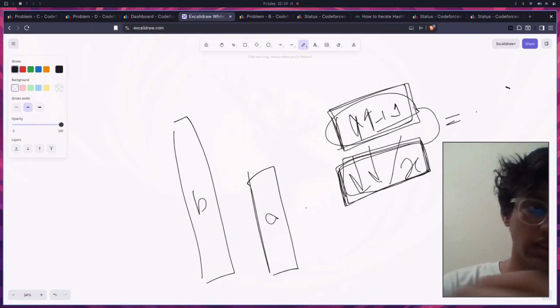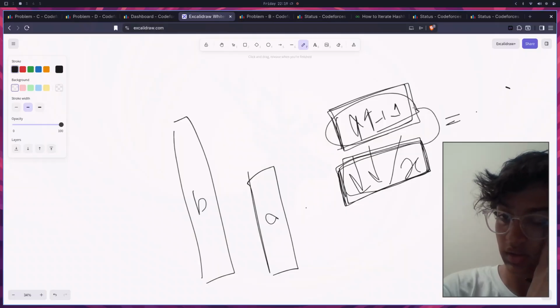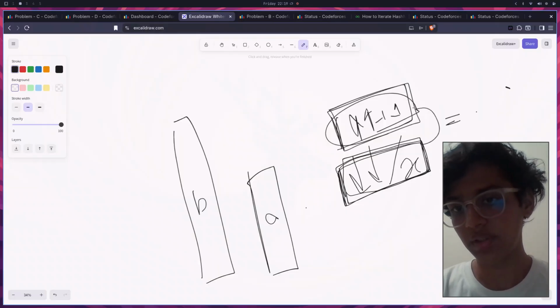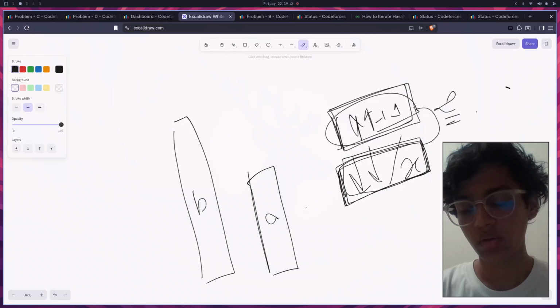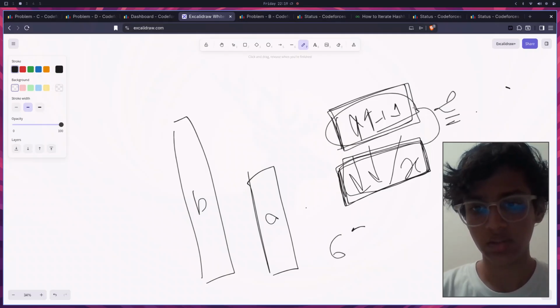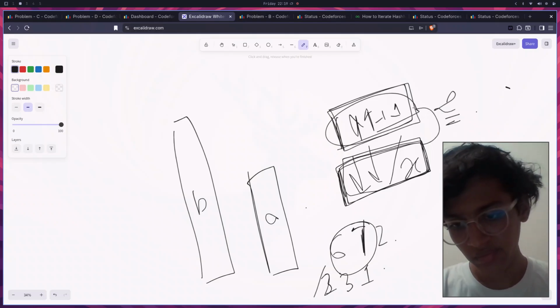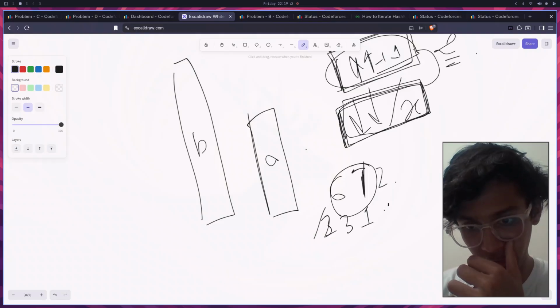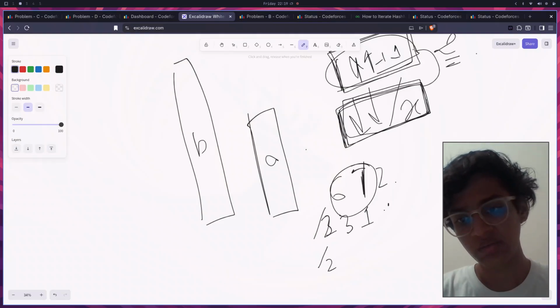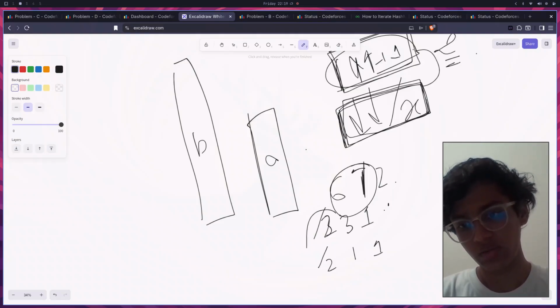So if the difference is, let's say, like in the case of 162, right? So it was divided by 3, so it becomes divided by 2, so it becomes 3 1. Then again, if divided by 2, it was 1 1. So just this works. But if the difference is 2,